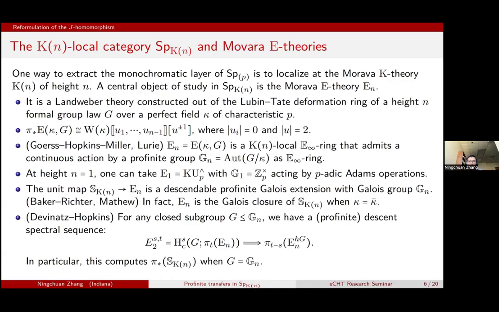So I hope this convinces you that Morava E-theory is very important in the K-local category, because together with the action by the Morava stabilizer group, there's a spectral sequence we can use to compute homotopy groups of the K-local sphere. Even though we have a spectral sequence, that doesn't mean it is easy or tractable. It might,